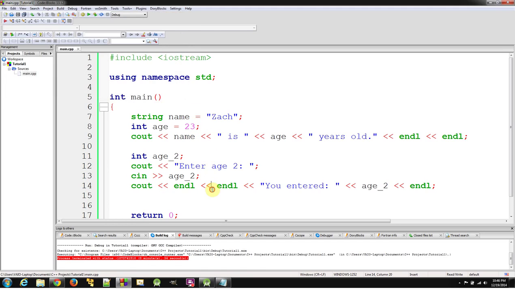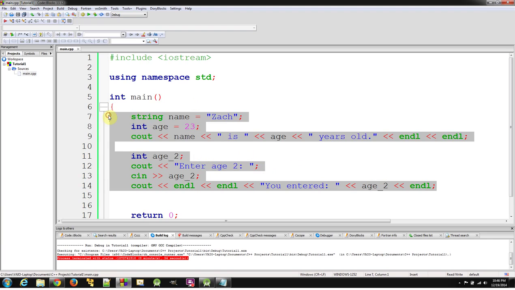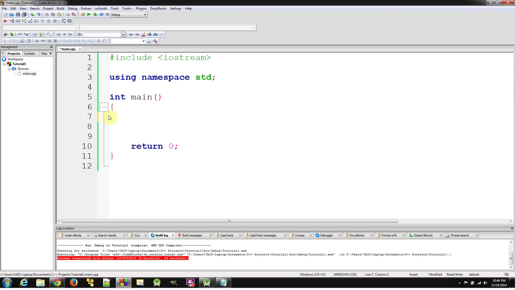So what I want you to do is practice using the cin console input and maybe make a little script or a little program that asks you what your name is, and practice entering it in with different data types. For instance, you could declare char first initial, and then char last initial, and then say,